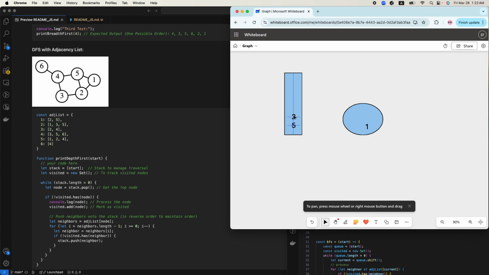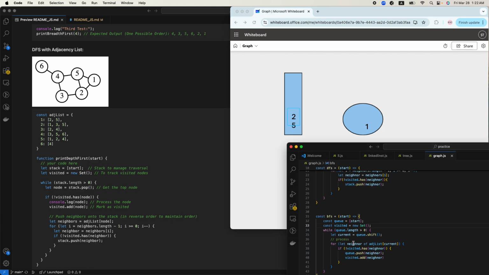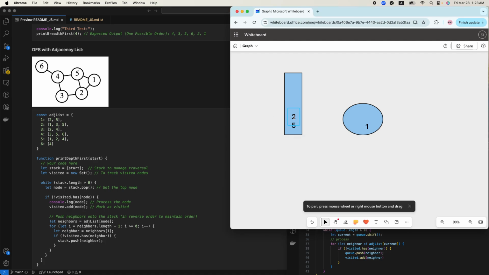Okay, and now the neighbors finish because there were only 2, and now the iterator is 0. So again at this time when we check, is q.length greater than 0? Yes, the q now has 2 values. So again, we get the last inserted node, which is number 2. Now let's remove number 2,